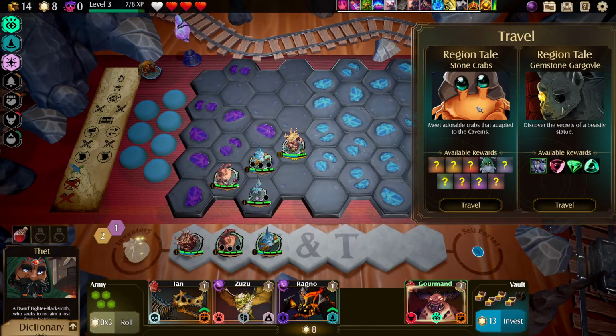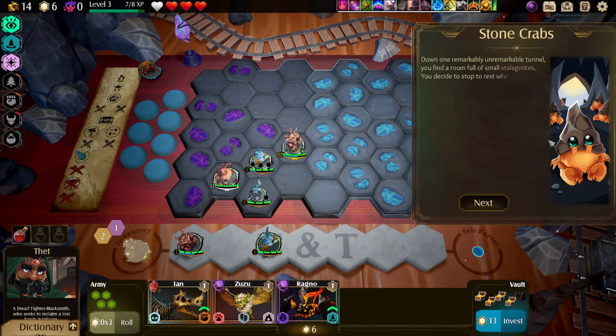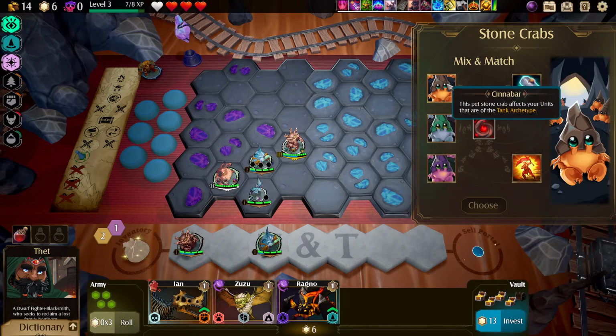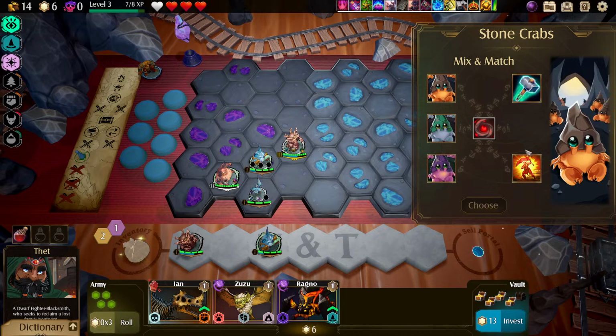Stone crabs! I don't need the mythic unit. We're going to go to stone crabs. I'm going to buy this one. Alright, stone crabs are great. So, I randomly don't get to choose one of these. Okay, that was, I think, the one I wanted. But now, I can either have a crab that affects my tanks, my fighters, or my casters, and then either gives them lifesteal, and for the first 8 seconds of combat, they are immune to crowd control and have double mana regen. Or